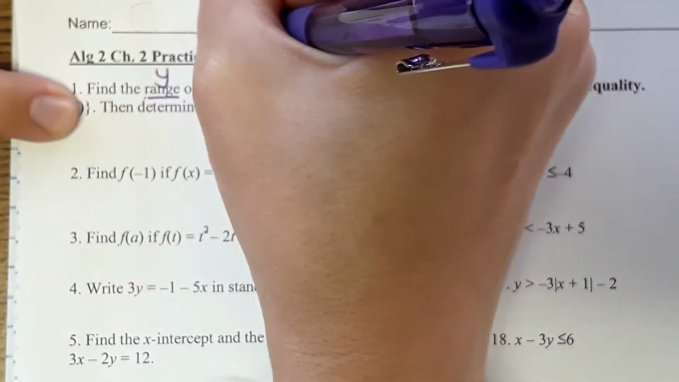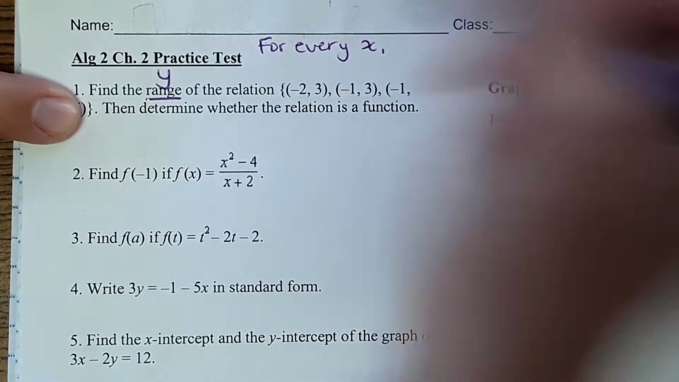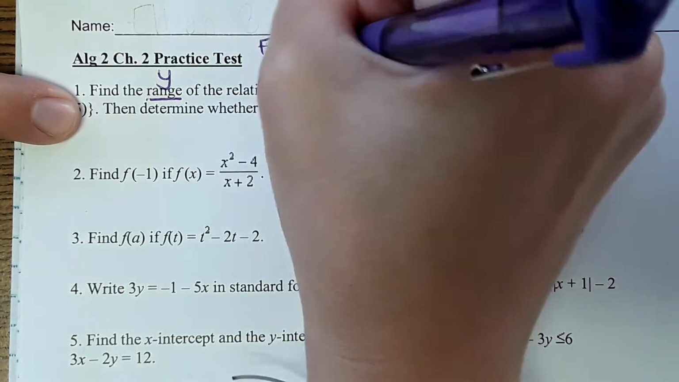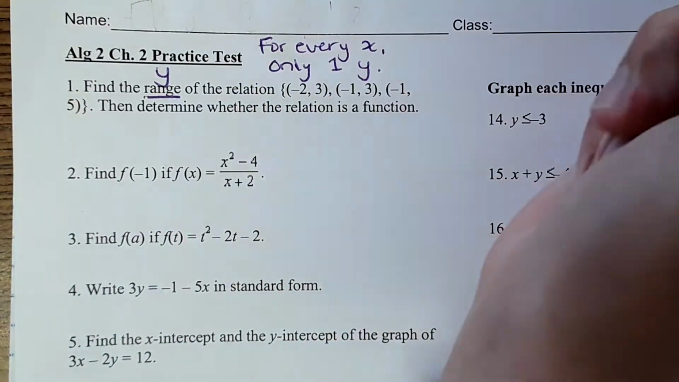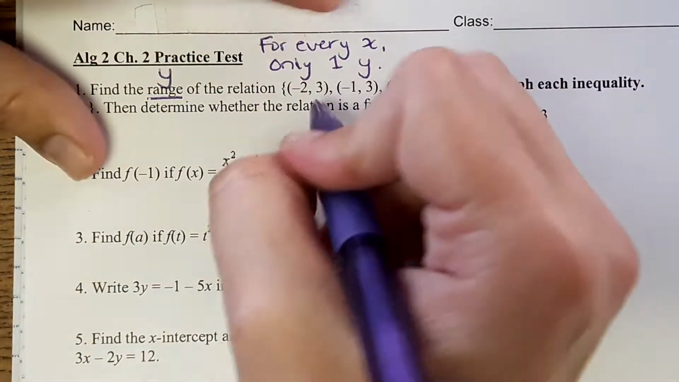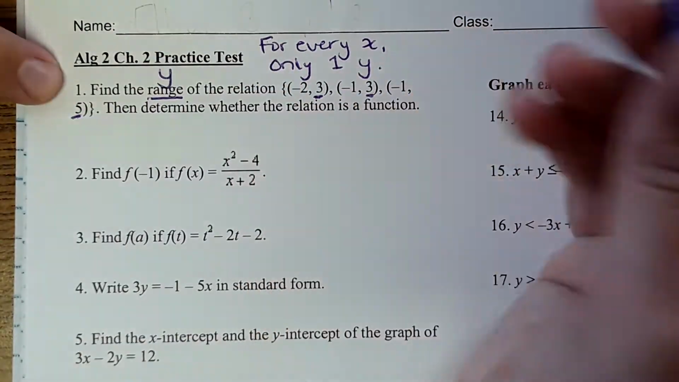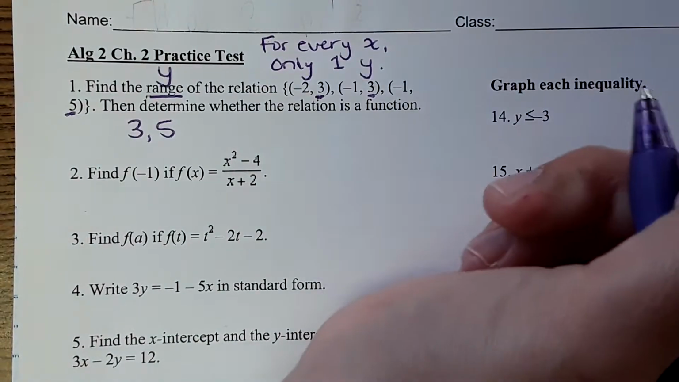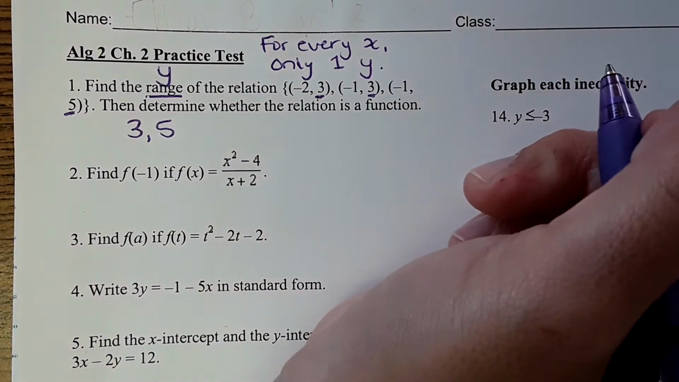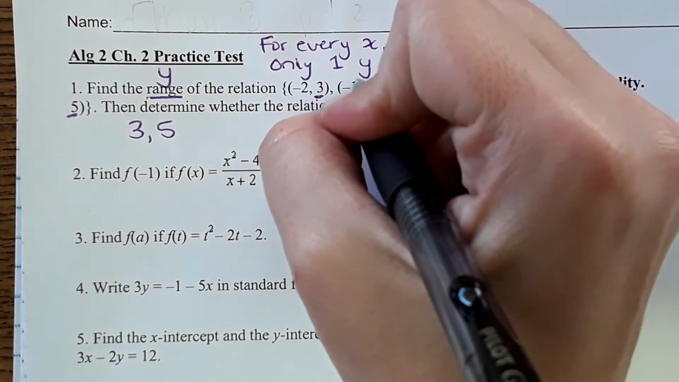Remember, for a function, for every x, there's only one y. So the y values here would be 3, 3, and 5. You don't need to write 3 twice, so it's just going to be 3 and 5. That's your range. And then whether it's a function or not, what you're looking for here is we do have